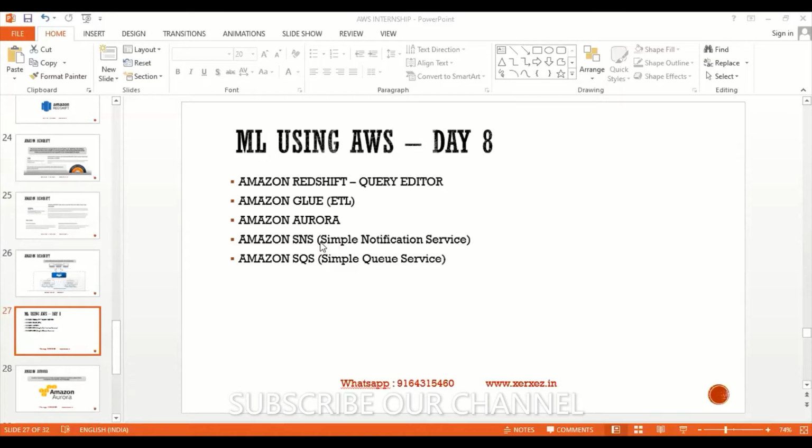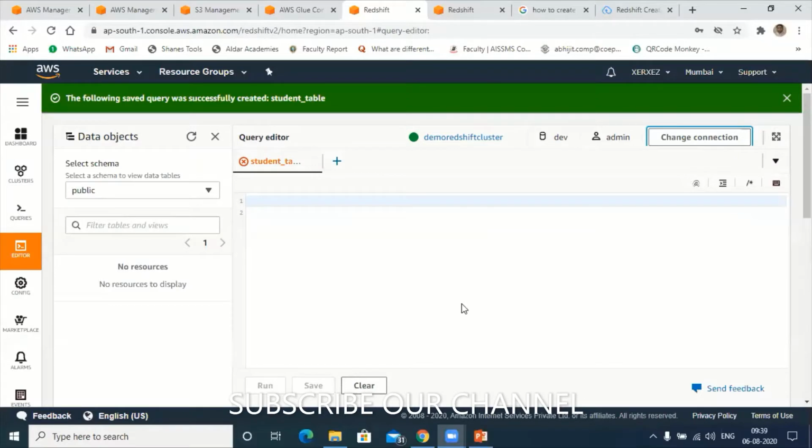Okay, let's dive into the hands-on session. Oh, hold on a second. Let me hover over my main console. So this is my main console here. You know very well how to enter into Redshift. So let me check. Can you see the screen? No, sir. One second. Now can you see the screen? Yes. Okay, you can see the screen now.